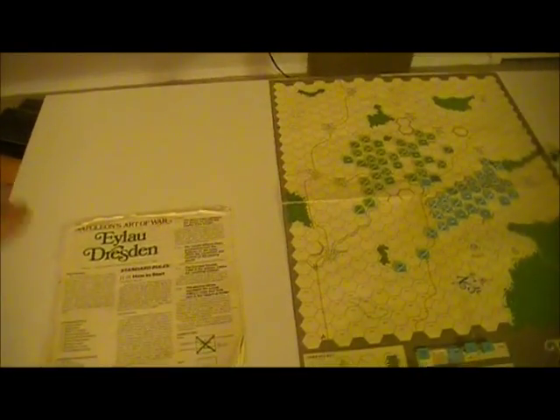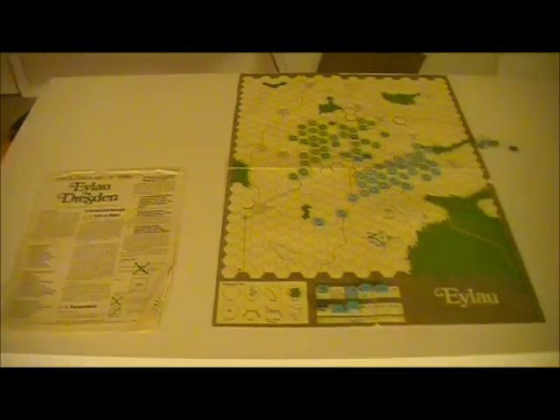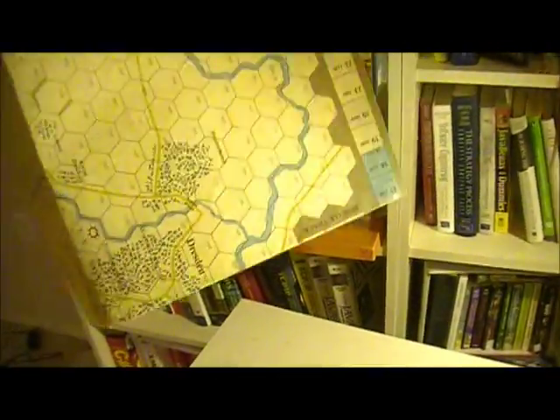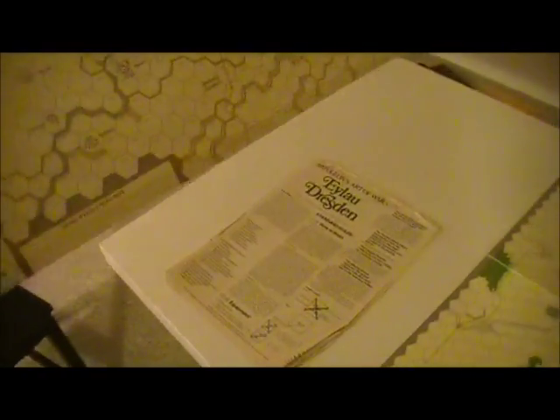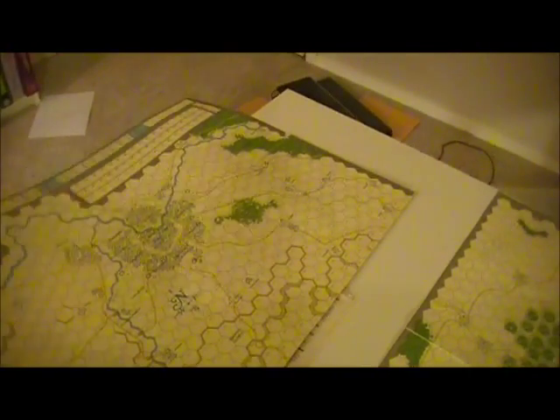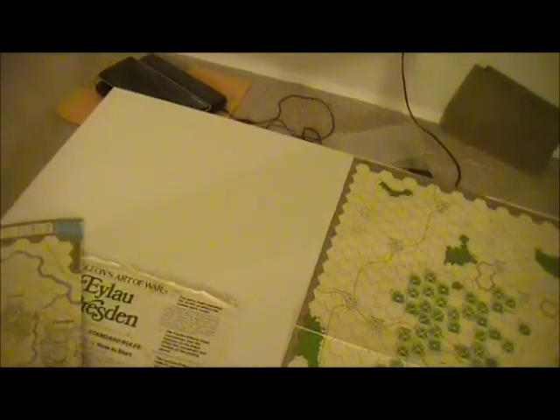It came in with 2 games, Eylau and Dresden. I'm going to do a video for an introduction. I can show you the Dresden map as well. I don't have the counters out. These were all attached to one another when it came out of the magazine, and I cut them, gasp, so that I could have a smaller, non-poochy map,